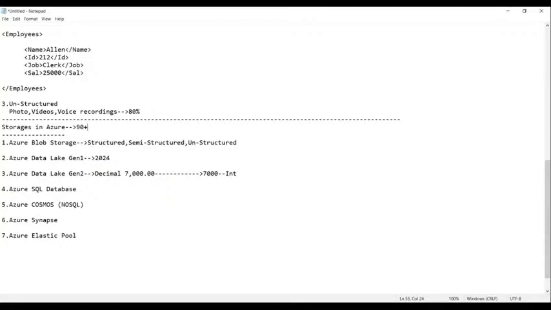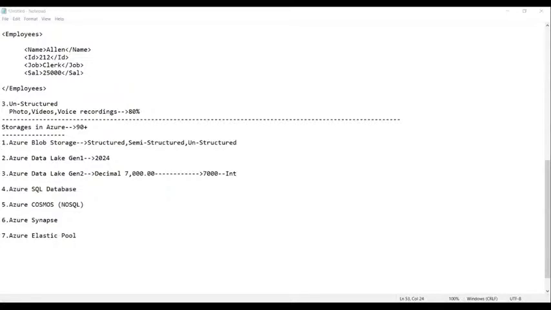Sorry. Just a minute. This is called as a Azure portal, guys.